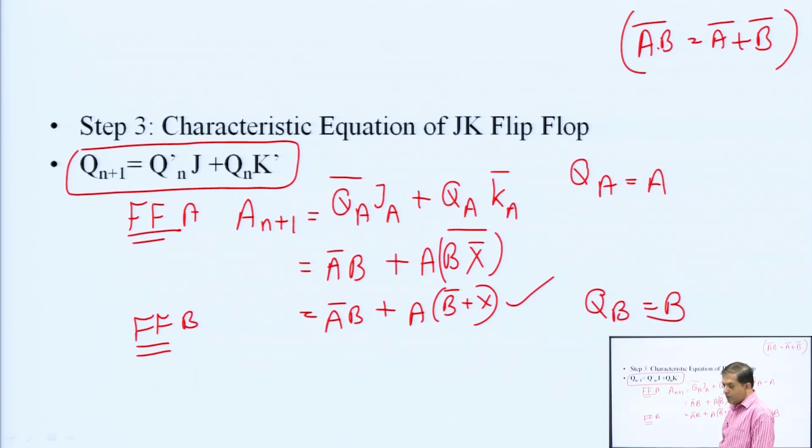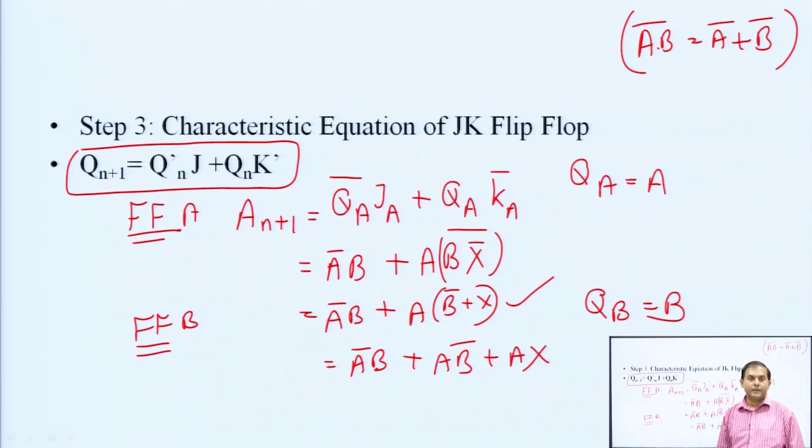So, finally, we can write B bar B plus A B bar plus A x. This is the equation for flip flop A, clear. And for flip flop B,